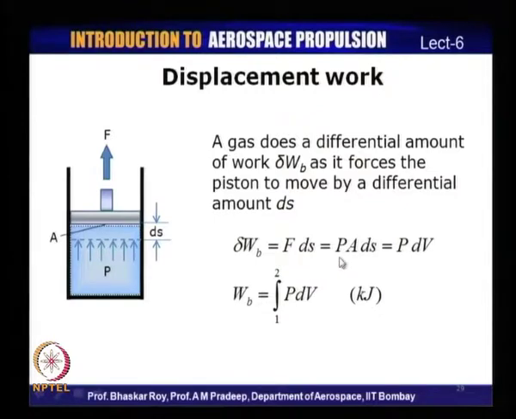Therefore, force can be expressed as pressure times area, and as we are also aware, area times this distance will be the volume that the piston has moved or displaced during this process. Therefore, we can replace A times ds by dV. Therefore, the delta W_b, that is delta work done during this process, is equal to P times dV,